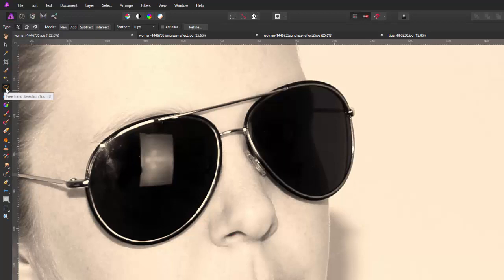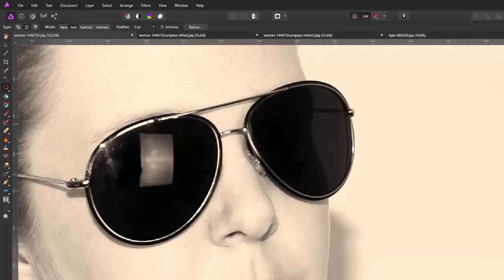So once I've selected the freehand selection tool, I'm then going to click on the second icon from the left here, which is polygonal, and you can either start with new and then add later, or just start on add to start with. And then it's just a case of